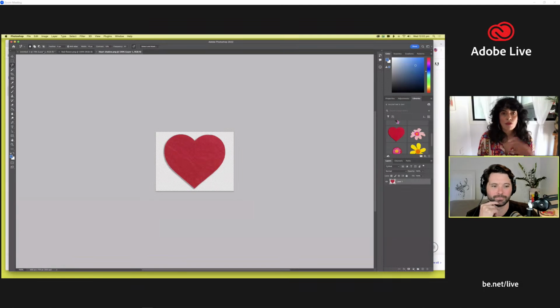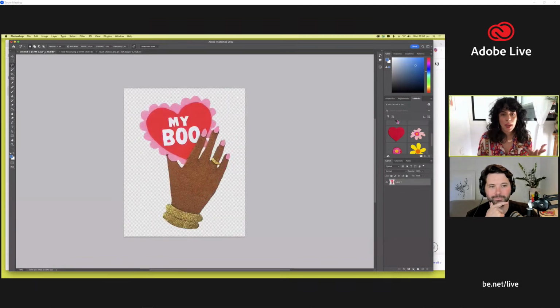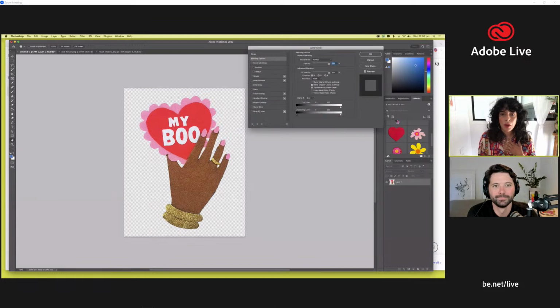Yeah. I was really excited yesterday because we were doing a Valentine's themed thing. I was doing some Valentine's elements because yesterday was Valentine's Day. And I actually totally forgot to show you the last step of my process, after I've cleaned things up, cut them out, and added a bit of texture to them. I add a drop shadow. So I just really wanted to show you. Seasoned Photoshop users will know how to add a drop shadow, but I just want to show you how I do it